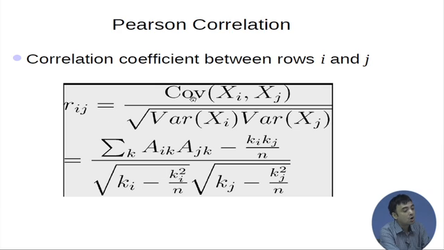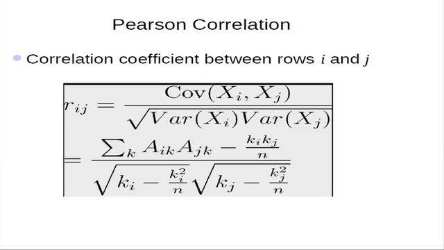So it is basically the covariance of xi xj divided by the square root of the variance of xi times the variance of xj. The covariance of xi xj can be calculated as the sum of the product of a_ik and a_jk. That is nothing but n_ij, as we have already defined, minus, as I already said, for correlation analysis you usually take out the term which is possible just by random chance. So by random chance, if two nodes having a particular degree become neighbors, okay, we take out that factor,